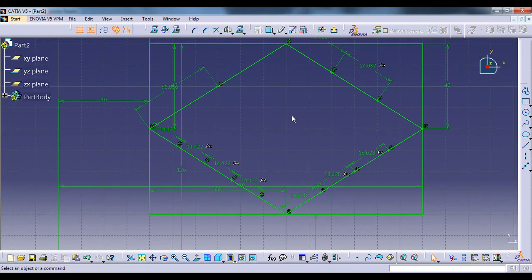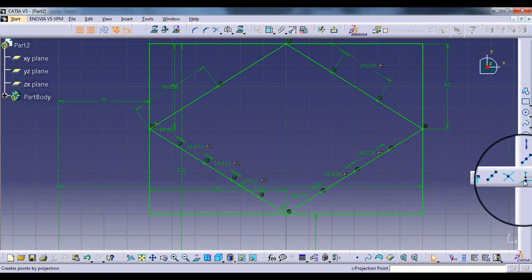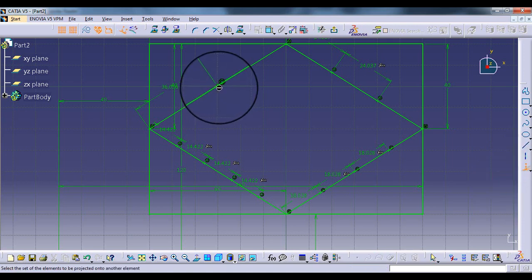So the last thing remaining is that we need to project these points on the upper side. So first I will select this command, that is projection point command, and select this point and project it on this line.